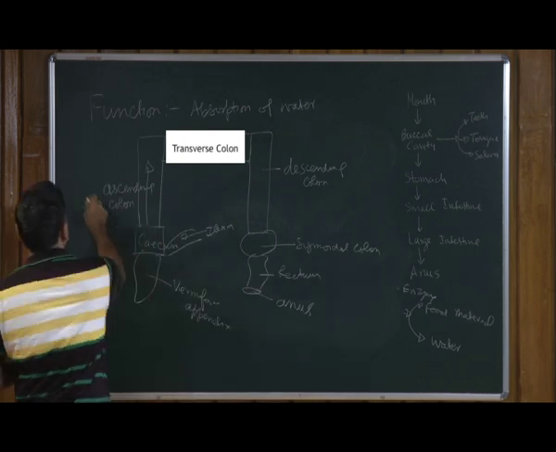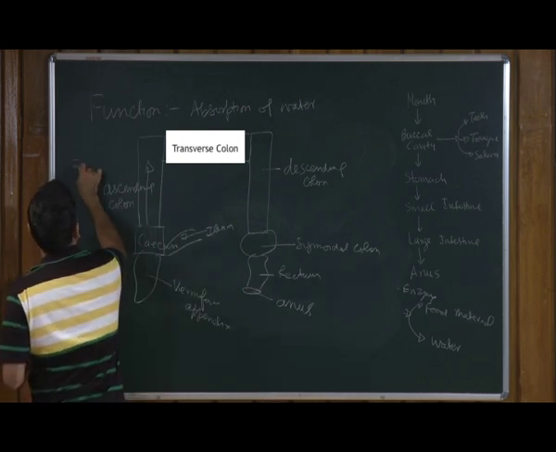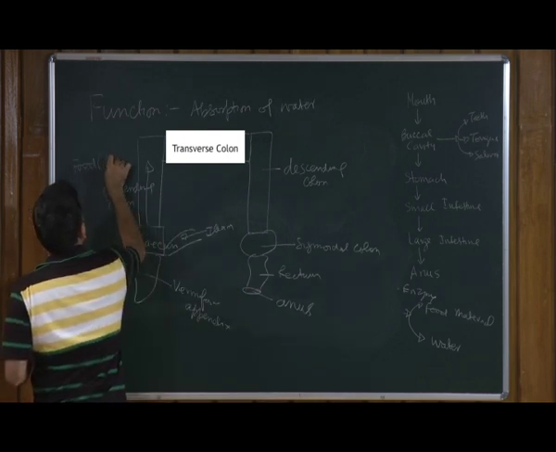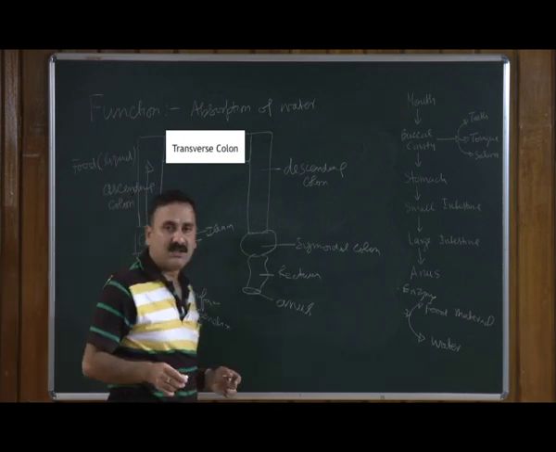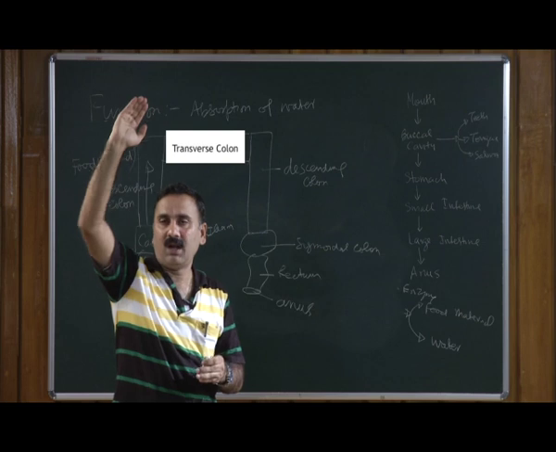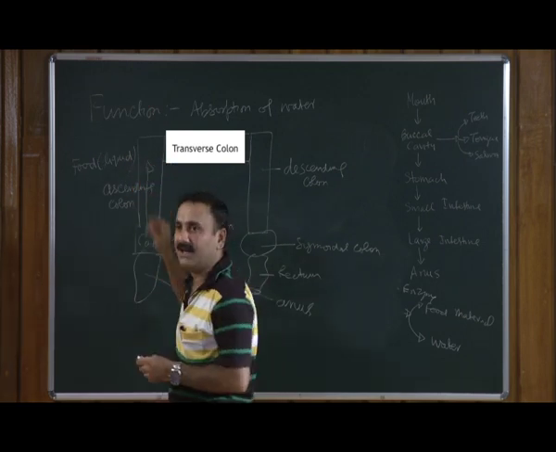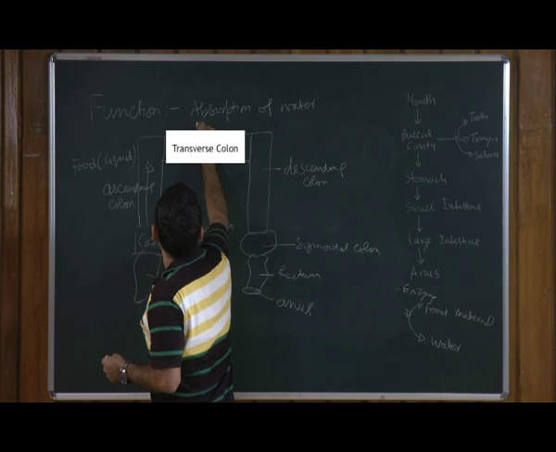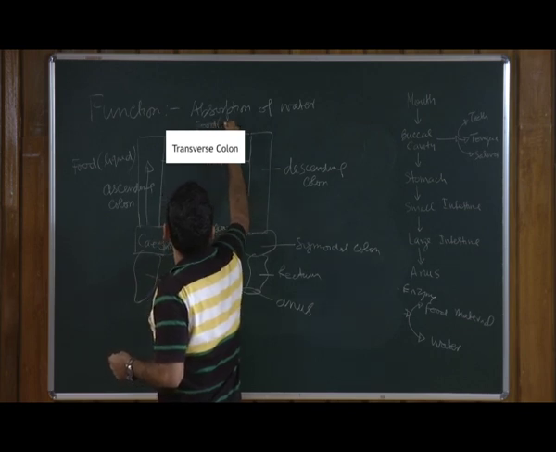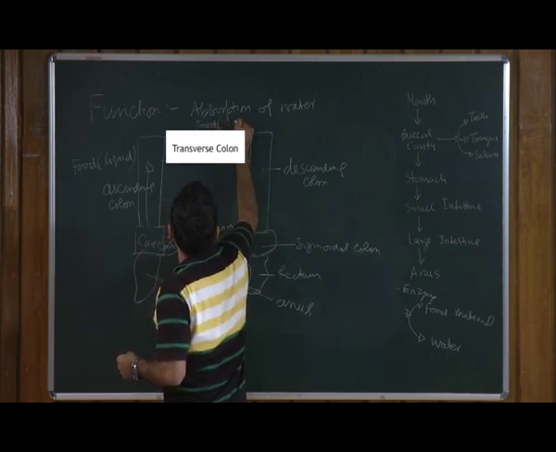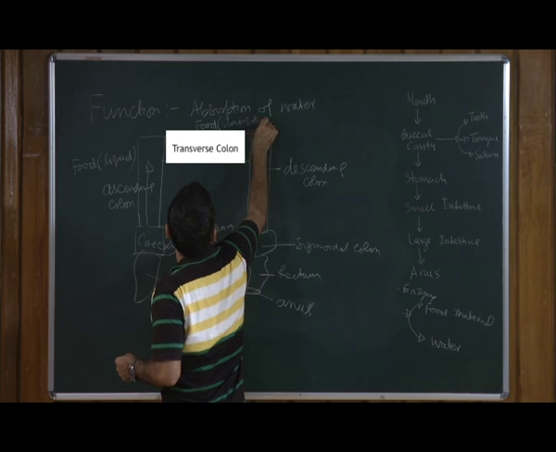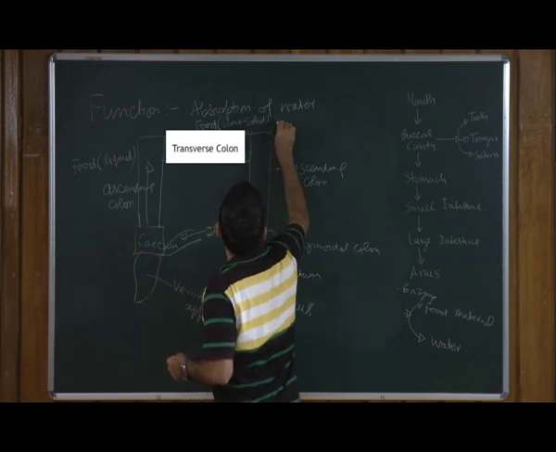In the ascending colon the food is mostly liquid, but while it travels through the ascending colon, it absorbs a lot of water, and as a result the food here is semi solid, or it contains more liquid,